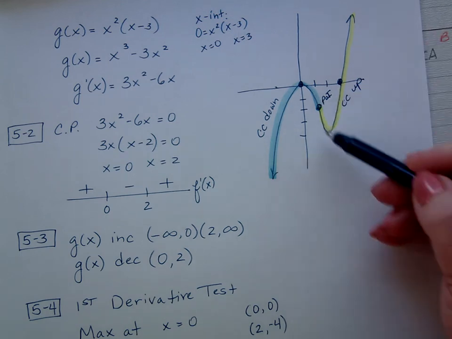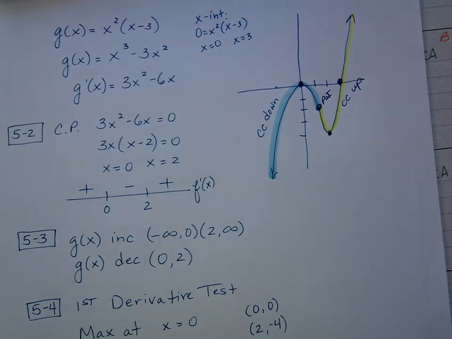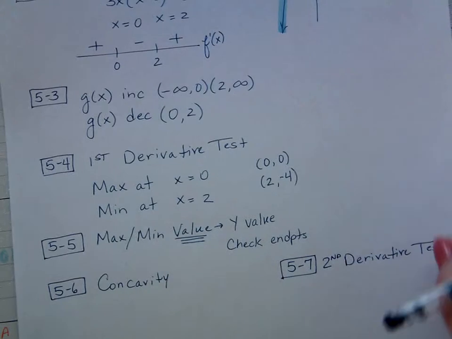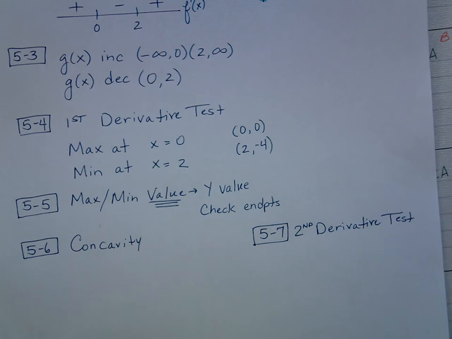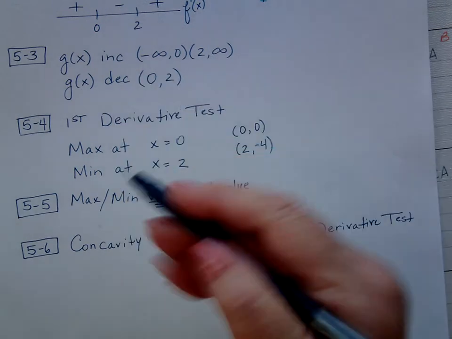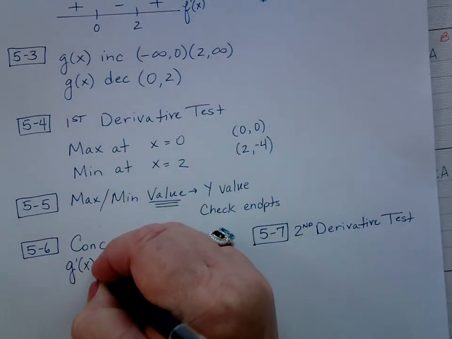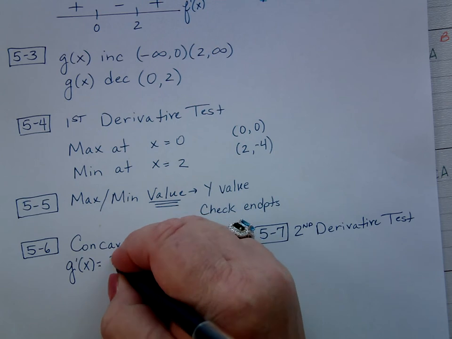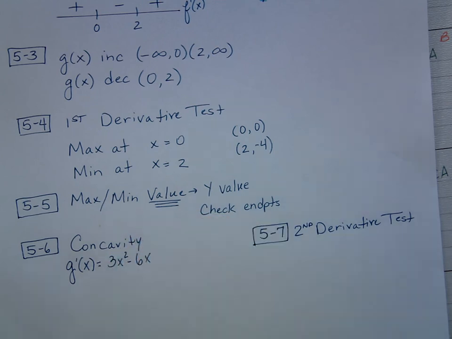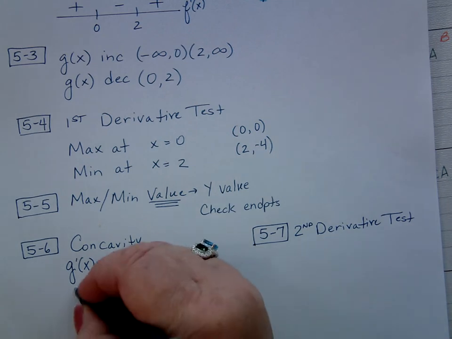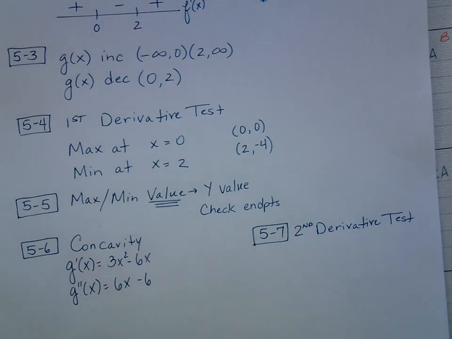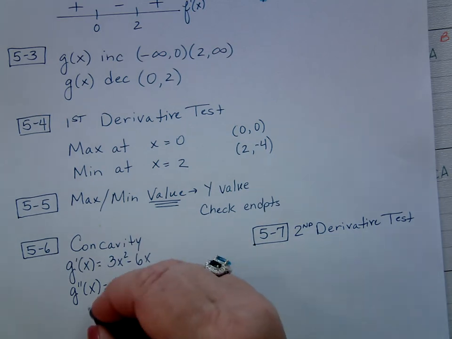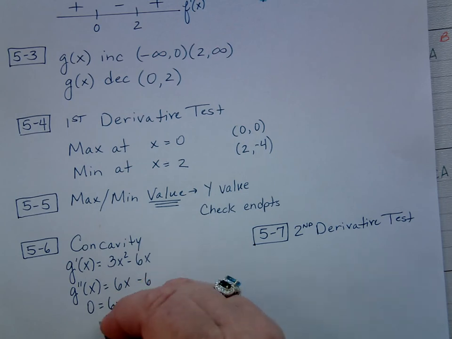Well, all of this stuff comes off of the second derivative. And so the second derivative is the one that decides concavity, where it's concave up or concave down. So let me show you. If I get to the second derivative on this, we already know what the first derivative is. The first derivative was 3x squared minus 6x. Well, if I take that and I go now to the second derivative, 6x minus 6, to find the concavity, I set that equal to 0, solve for x,